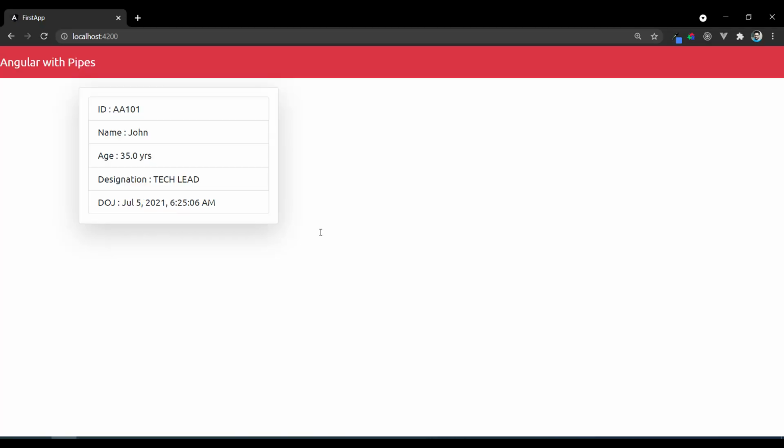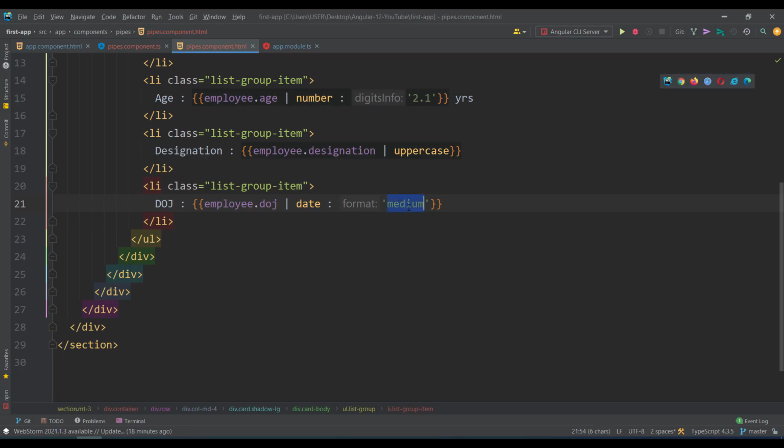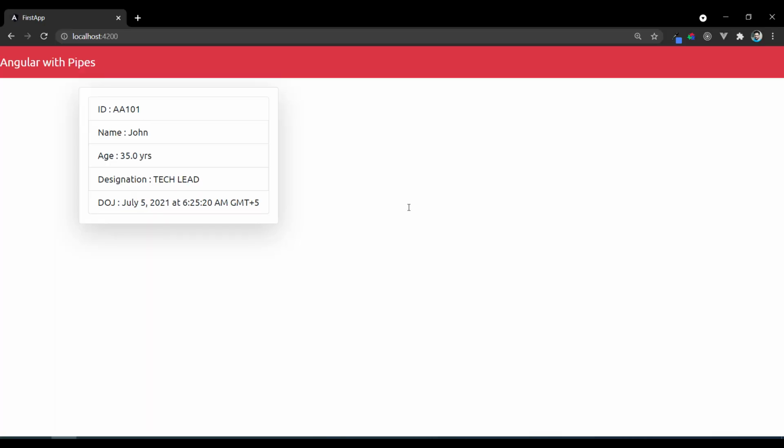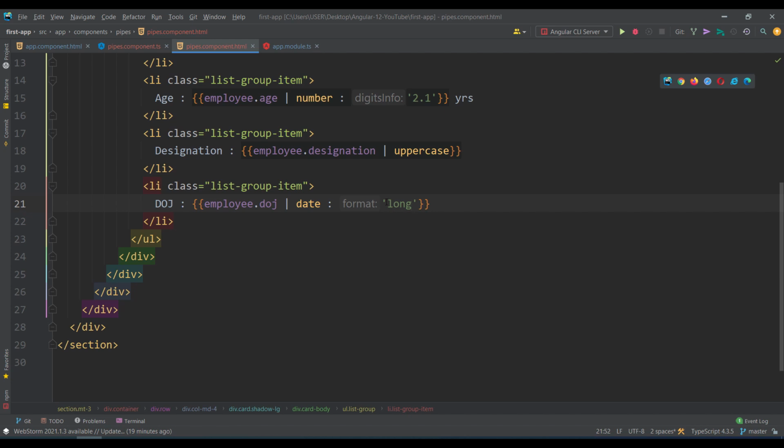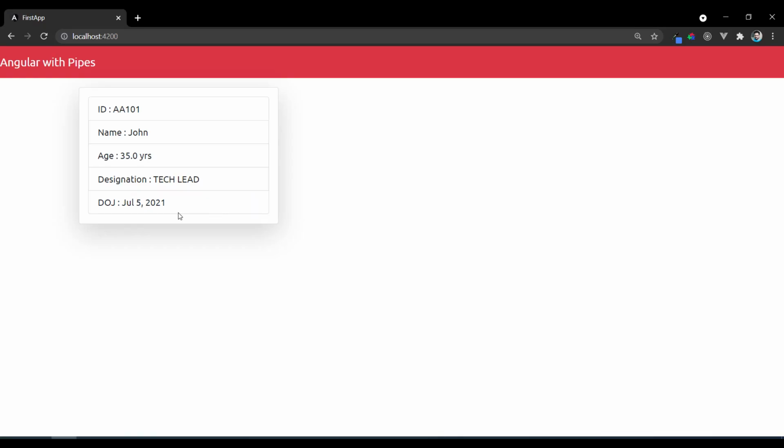So you get the medium date, you get the month name and this thing, including the seconds and minutes, everything has come. And then you have long date, that is like this, even the GMT plus hours. Or else if you don't specify anything, you get a date like this.